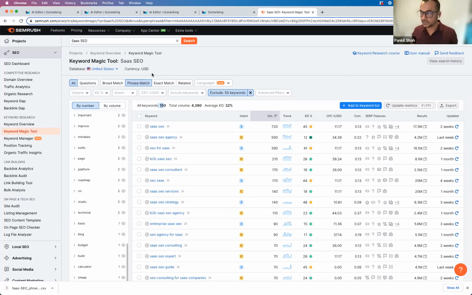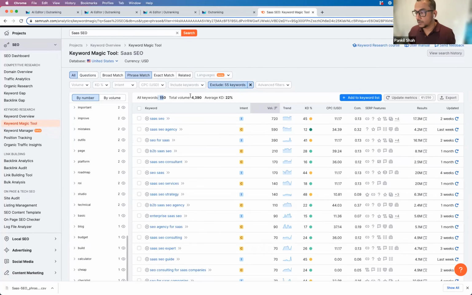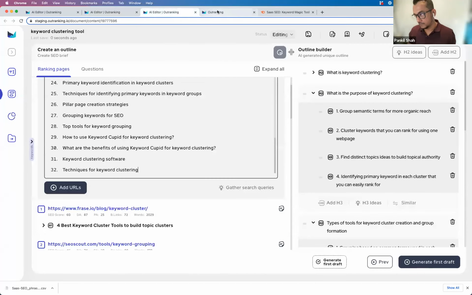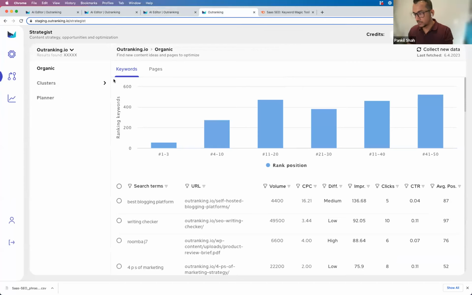If you don't have any of the sources, Outranking has its own source that can be suggested as well, and it's on par with Ubersuggest as well. So you should be good over there. But this is mandatory. So what I did was I downloaded this file in CSV, and I used it for the later processes, which I will show. But let's get into the details from the very first tab, and this is organic.